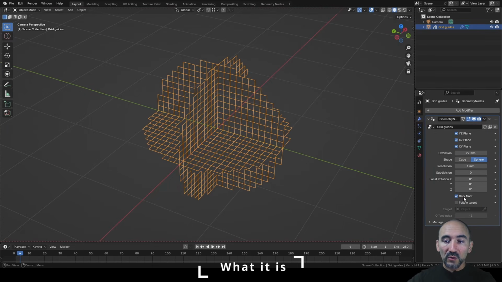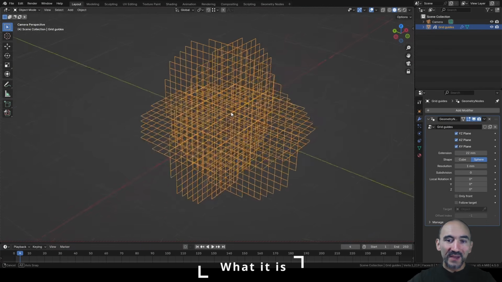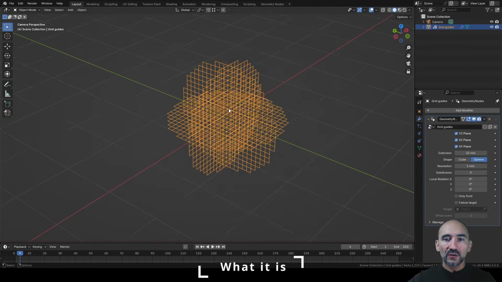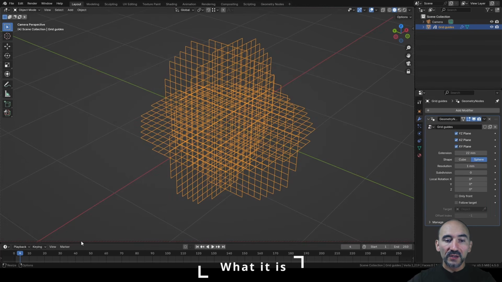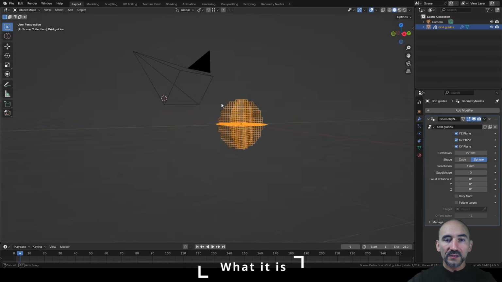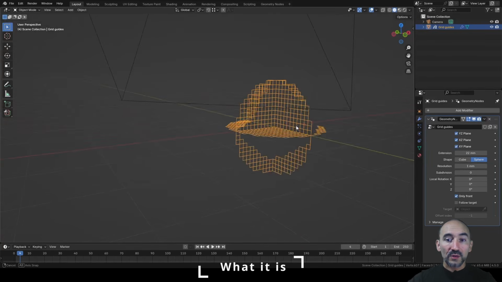Then you can enable or disable this only front to hide the edges and vertices behind the parts you're looking through the camera, and this is very important. If you enable or disable this feature, it can work only if you are seeing your environment from the camera. You can see through this red dotted line. So if I go out from this perspective and enable this feature, you can see this only works in this way,